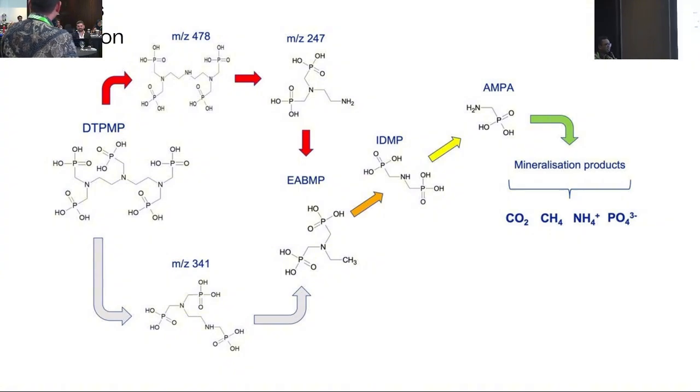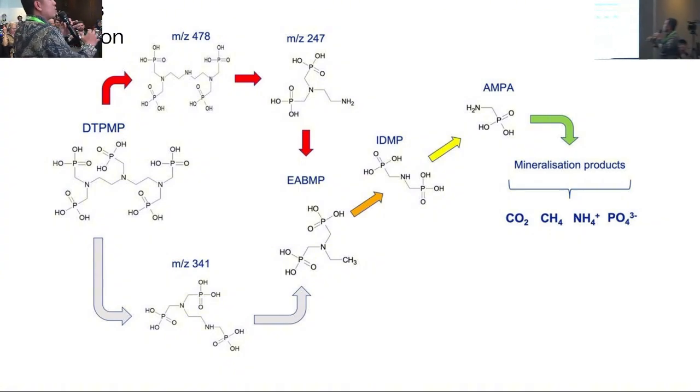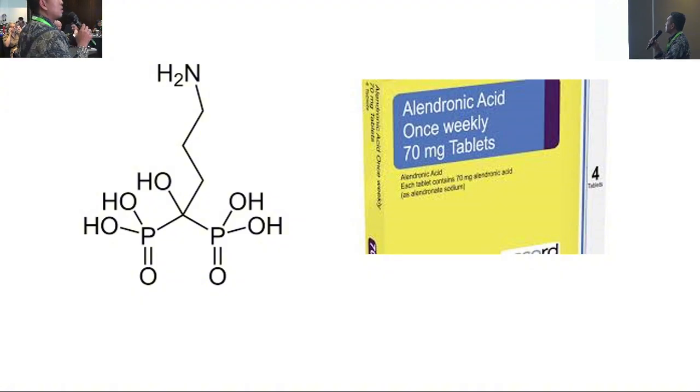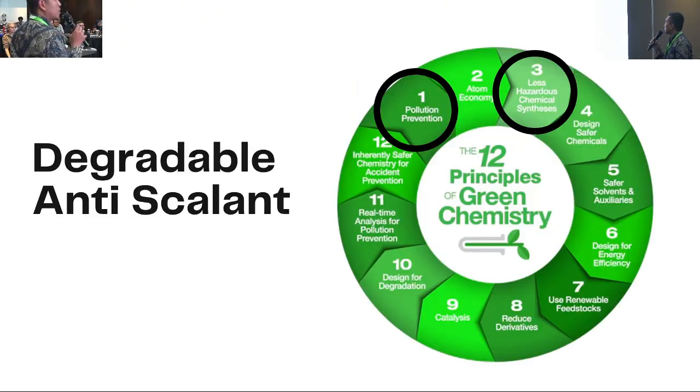Time is up. You can have 30 seconds. So ADPF, we can degrade it again with the photolysis degradation and using CO2, CS4, etc. and reduce the AGPA, and we can change also with another alendric acids that can dissolve in water, so it can degrade also being antiscalant. So the degradable antiscalant can be number 1 and 3 for the 12 principles of green chemistry. Maybe we can still research, yeah, many side effects from this. And thank you.